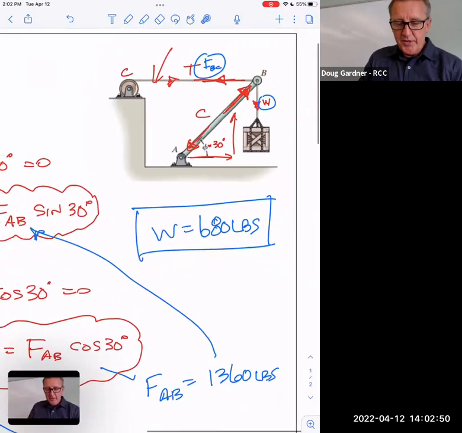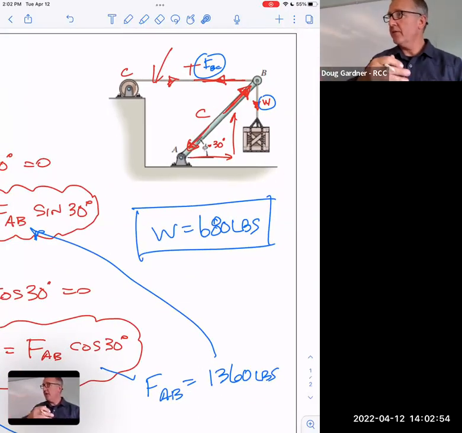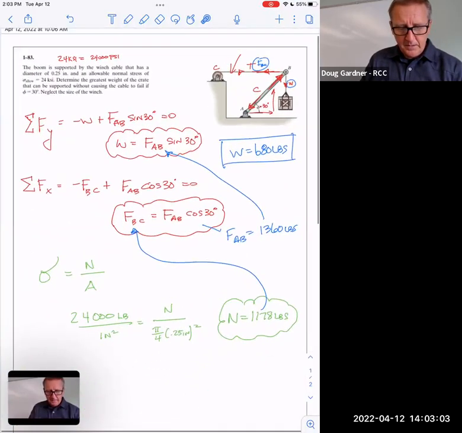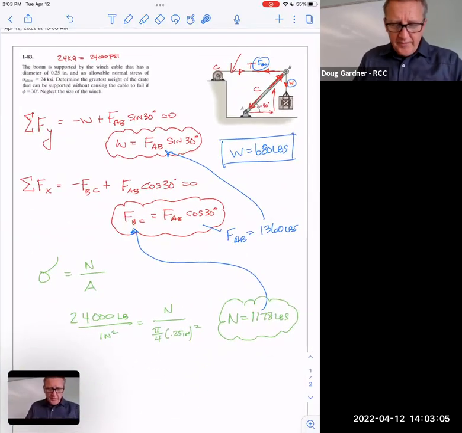But if you were an engineer, you'd have to make a chart that says at 30 degrees, this is your max. At 40 degrees, this is your max, and something of that nature. That'd be simple enough. It wouldn't be hard. Redo it with a bunch of different angles and get different weights. So do you see really what happened